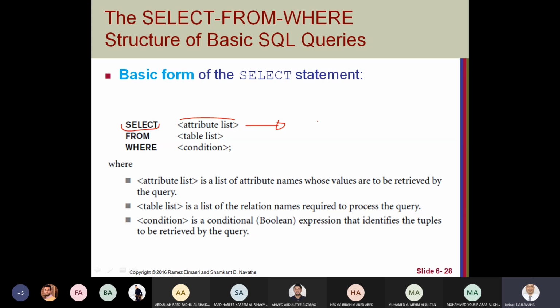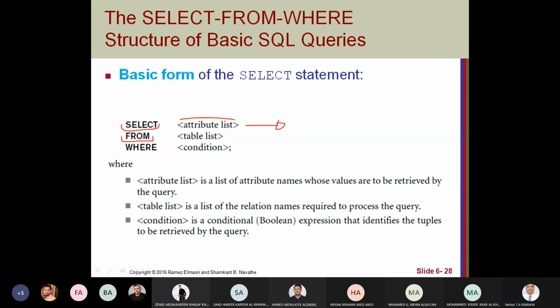If name has three parts like in our database, then select first name, mid name, and last name. Or find the salary for all the employees, then select salary. So this is the list of attributes whose values I need.